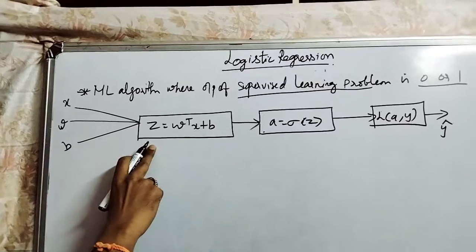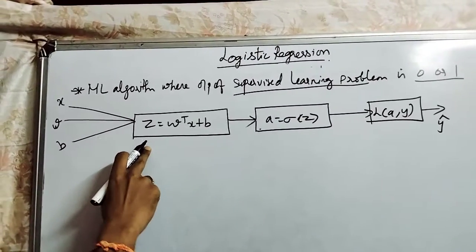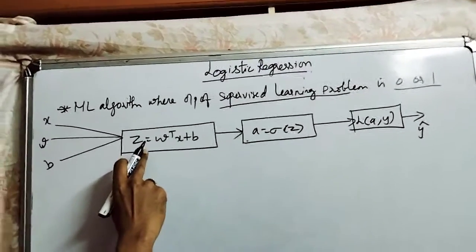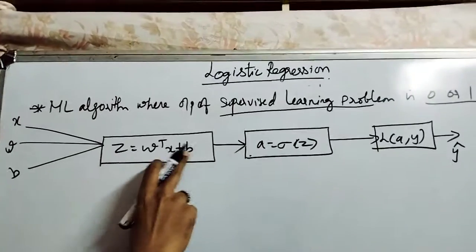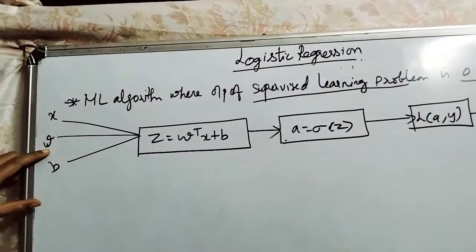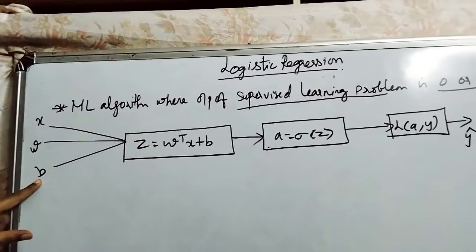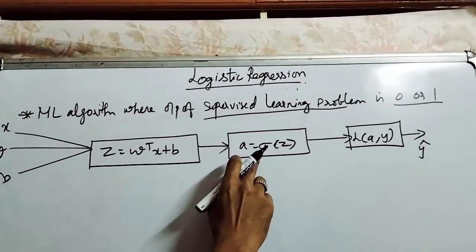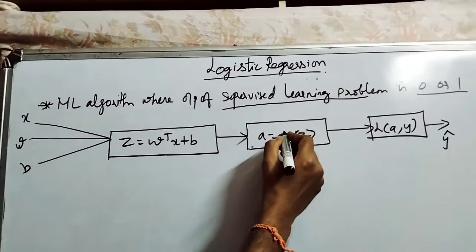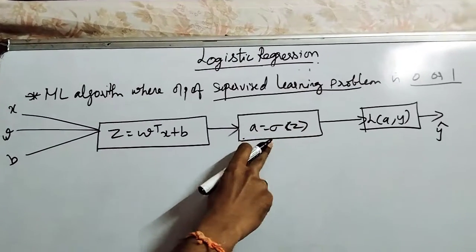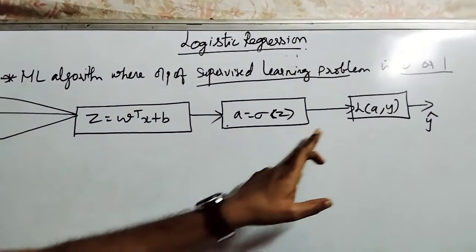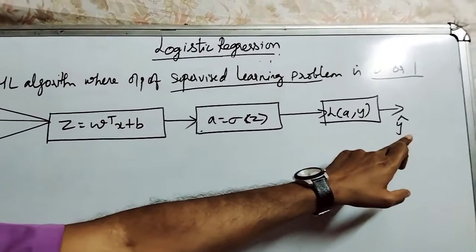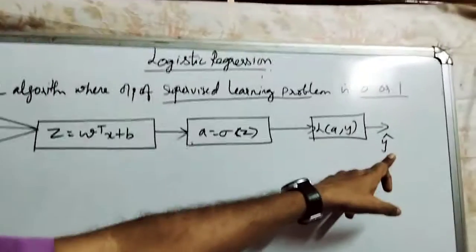So here is a computational graph representation of logistic regression, which consists of three nodes. The first one is a linear expression where z is equal to w transpose x plus b, where x is the input, w is the weight and b is its corresponding bias. Then it generates another node, which is an activation function, where a is equal to sigmoid of z, where sigmoid is the activation function we are using in the case of logistic regression. Then L is the loss or error function in this logistic regression, computed from the output y hat, which is an estimated output.